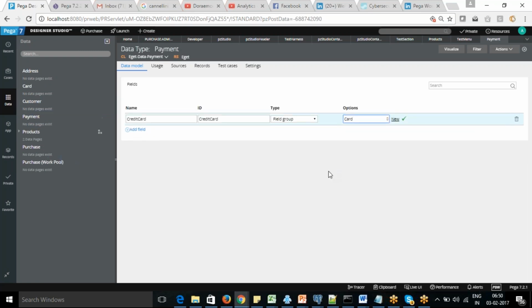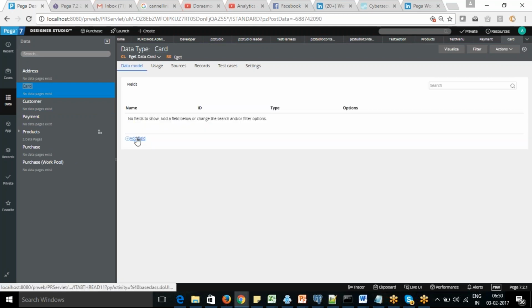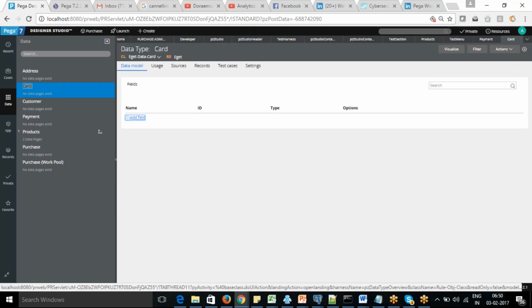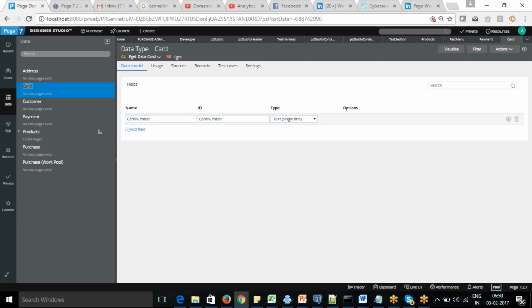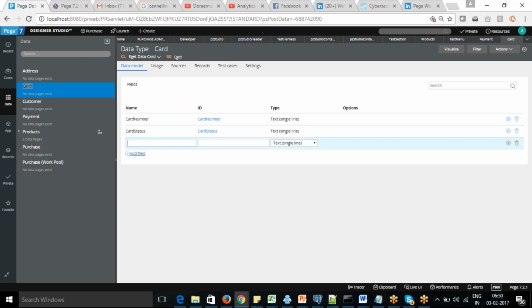It's now created. The card is there, so now I can go and add fields with that. Let's say card number, card status, card holder name.